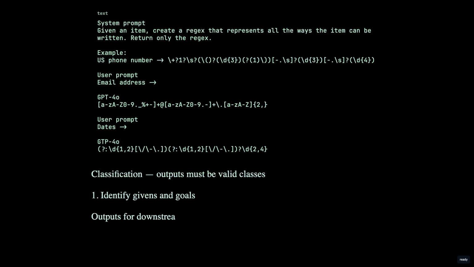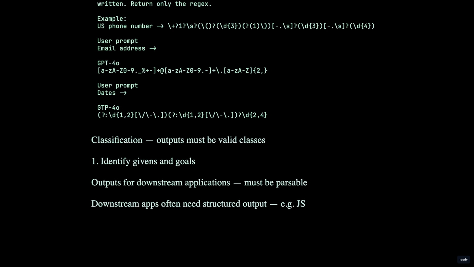Even if the original task doesn't require structured output, any result consumed by other programs must be machine parsable. Design the output format so downstream applications can reliably read and process it without hand editing or guessing. An AI can generate a free-form email, but a downstream application may require that content in a precise schema. For example, the app might expect a JSON object with keys like title and body, so it can reliably extract